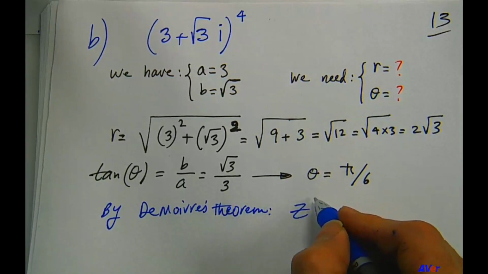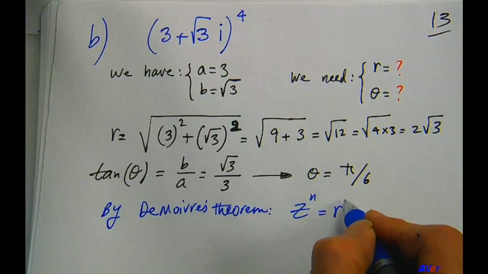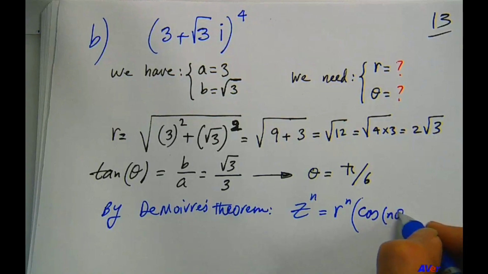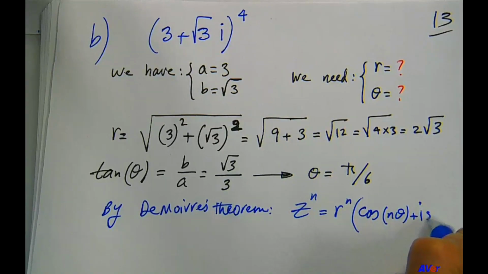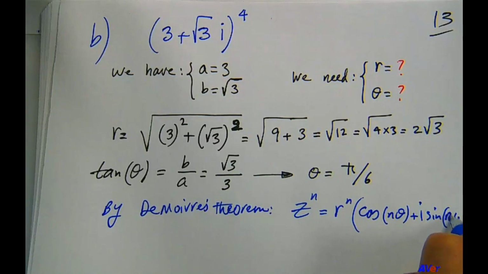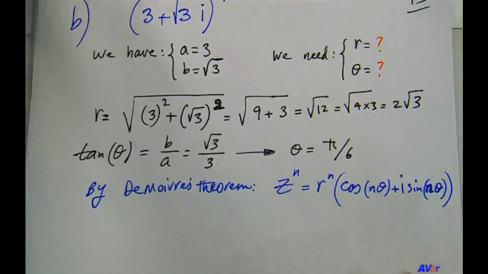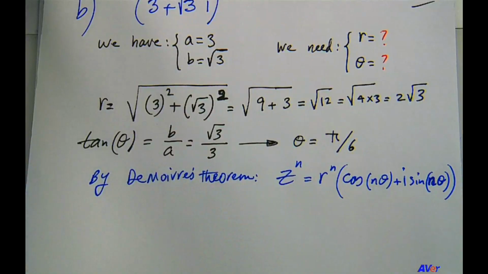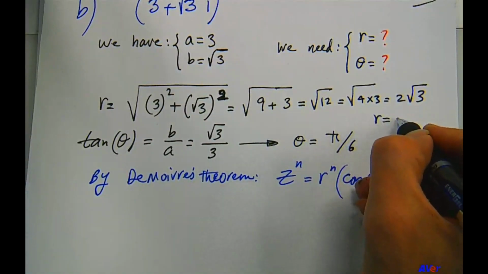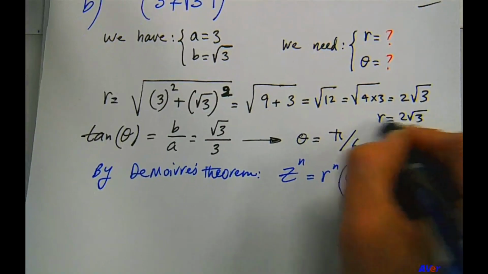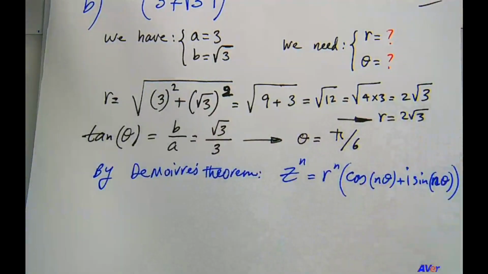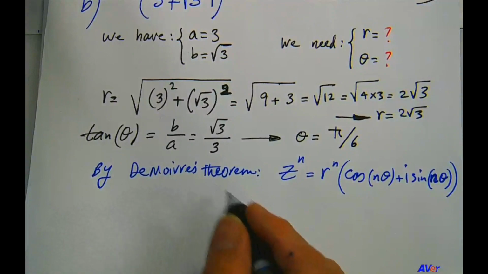we know that z to the n power is equal to r to the n times cosine of n theta plus i sine of n theta. We know that. So let's apply it in this case because we have both r. So r is equal to 2 square root of 3. That's from above. R equals that. And theta equals that. So we have